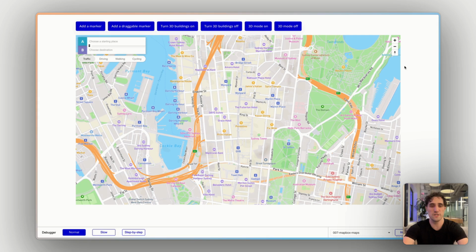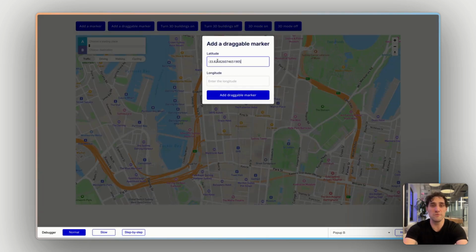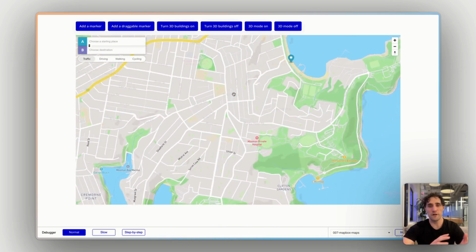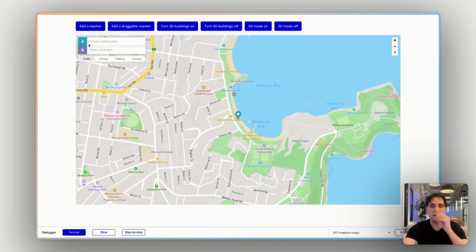I'll refresh the page. This time I'll click Add Draggable Marker. I'll put in our latitude, and I will put in our longitude here. We fly across to our marker. We have a slightly different looking marker now, though. And this one we can pick up, and we can move around and place wherever we want on the map,